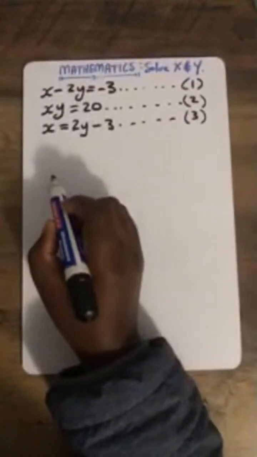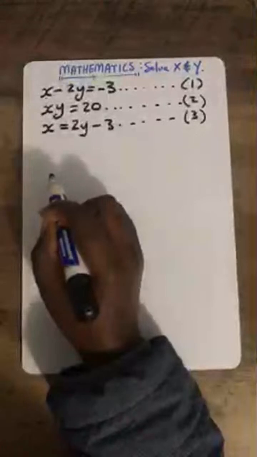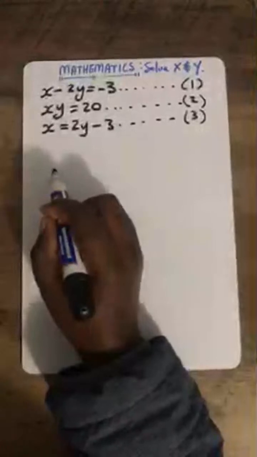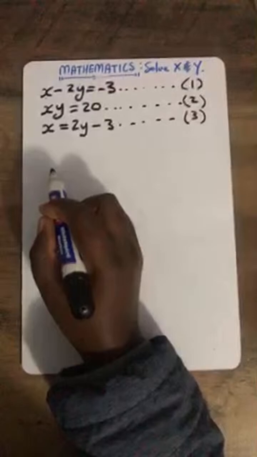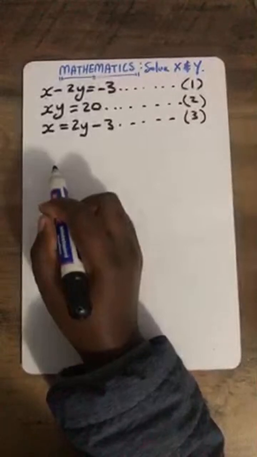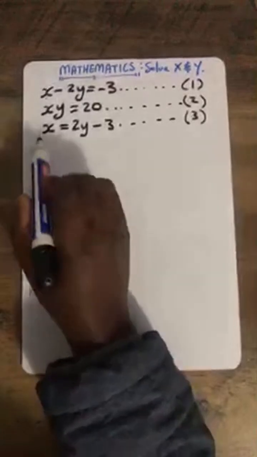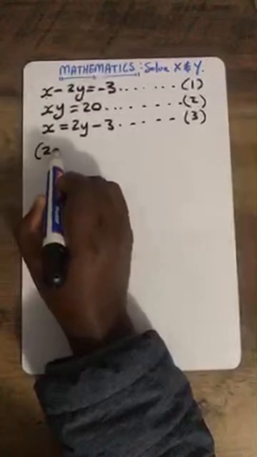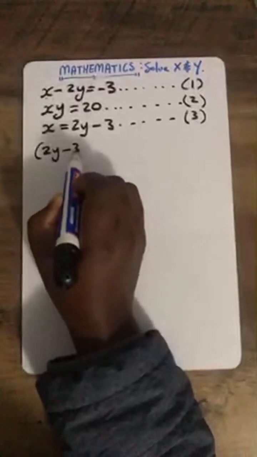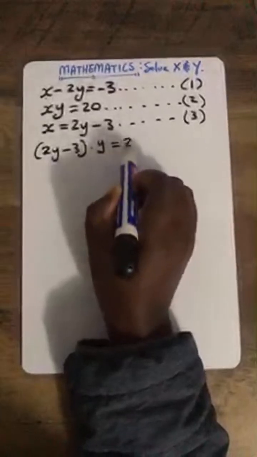So now, let us see what we are supposed to be seeing. Let's see when I substitute. So that means one can still say you've got your 2y minus 3, and that is multiplying y, that is equal to